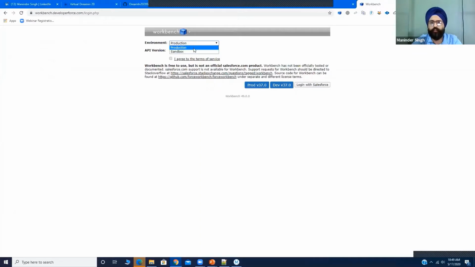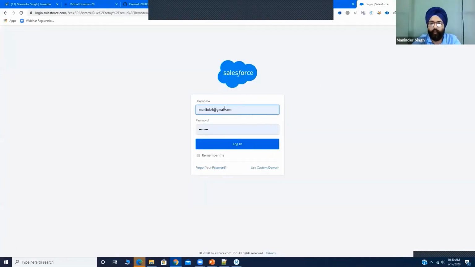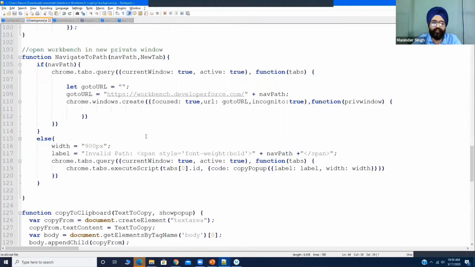So I do it using browser automation within JavaScript. Since it is production, I will select production, I agree to terms, and I click on login with Salesforce. This is all I'm doing with JavaScript in my code. I populate it with the user ID, and you can populate it with the password and click on the login as well. That is all I'm doing in these JavaScript files.